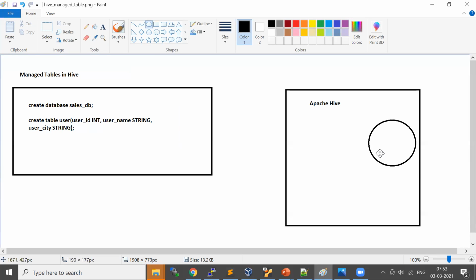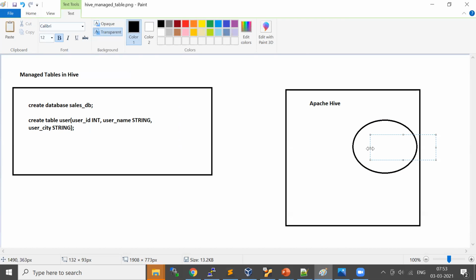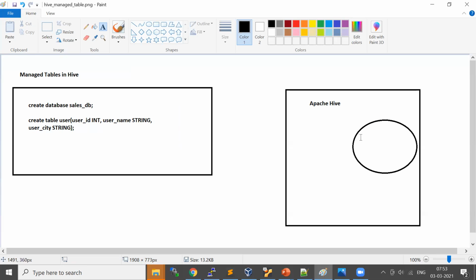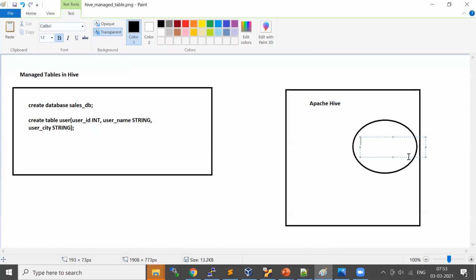So Metastore is another database. It's a kind of RDBMS database. So when we say Metastore, it's actually another RDBMS.